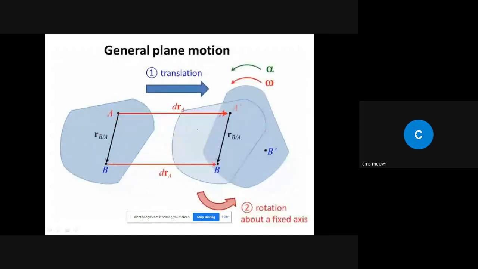Okay, so now let's say initially we consider only translation, let's also consider the rotation. Definitely rotation will be about a fixed point, or about a fixed axis that passes through that certain point. So now let's imagine that rotation. The rotation takes place about that fixed point A or A dash, and during this the rotation takes place like this, and point B moves to this point B dash. So now to find out the position vector of this point B dash,